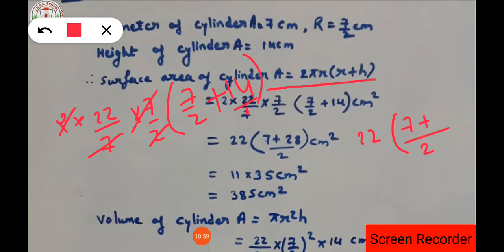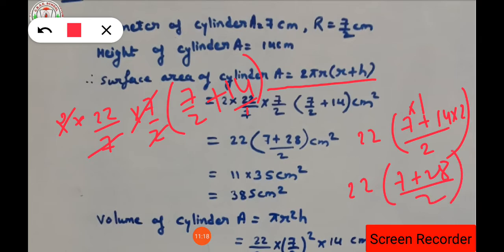2 comes in the table of 1 how many times? That comes in 2 times. So 2 will be multiplied with 14, and 2 comes in table of 2 how many times? 1, that 1 will be multiplied with the numerator 7. So here that will be 22 into 7 plus 28 upon 2. Clear? Now adding 7 plus 28, what will be the answer? That will be 35. Now this denominator 2 will be cancelled with the numerator 22. So denominator 2 will be 1 time, numerator 2 will be 11 time, isn't it?